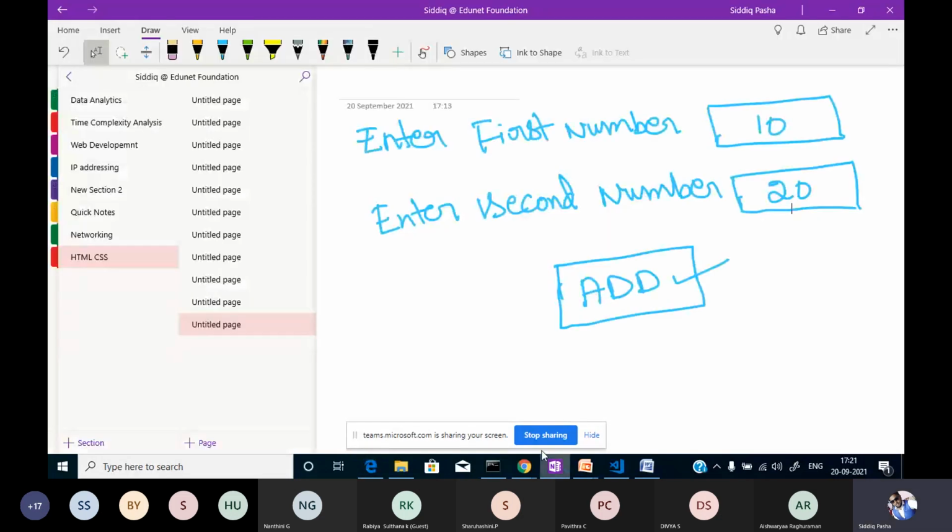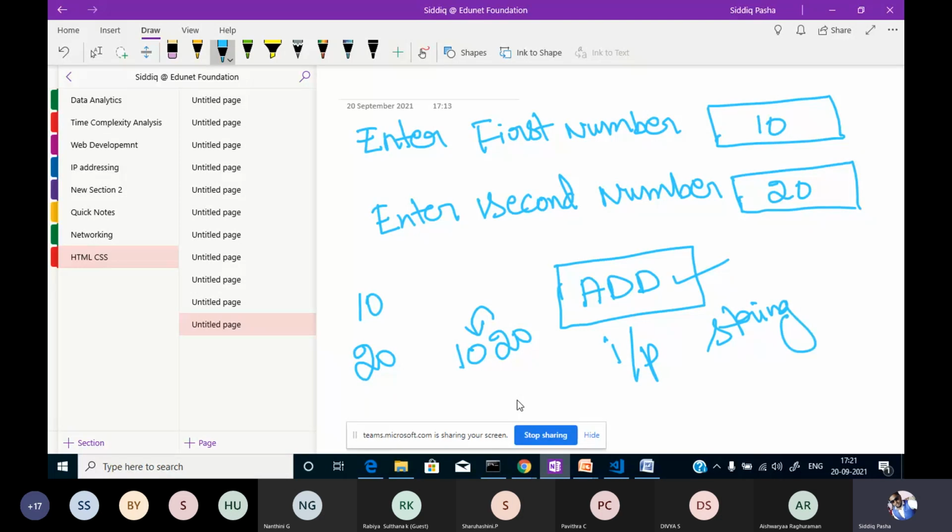So what we have done here: we have given 10 and we have given 20. The output is printed like this, 10, 20. It is appended. Why is it appended? Whatever input we have given is treated as a string. Even though we have entered a number here, that is treated as a string, right?